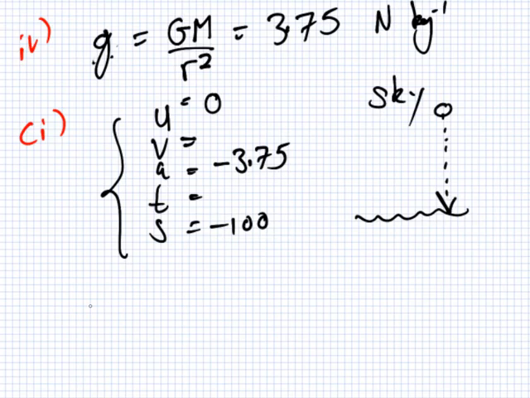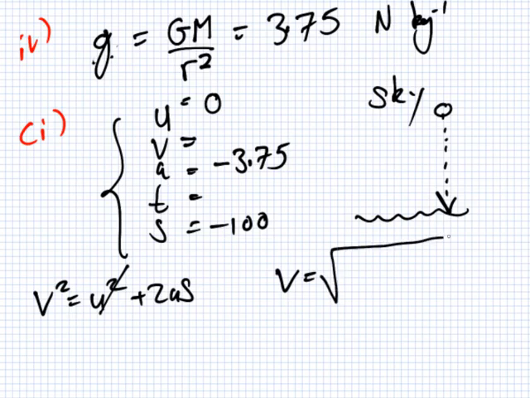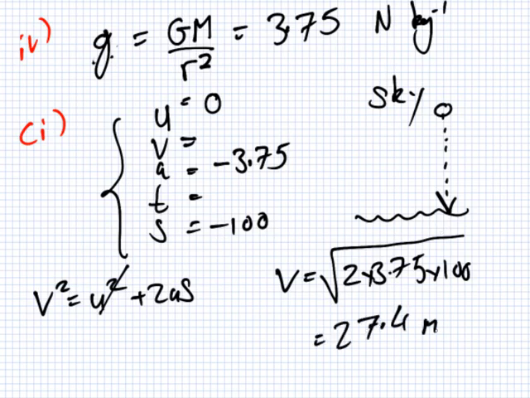And what do we want? The V. V equals U plus AT. No. V squared equals U squared plus 2AS. So V will be the square root of 2 times 3.75 times 100. 27.4 meters per second, which is correct. And lastly here,